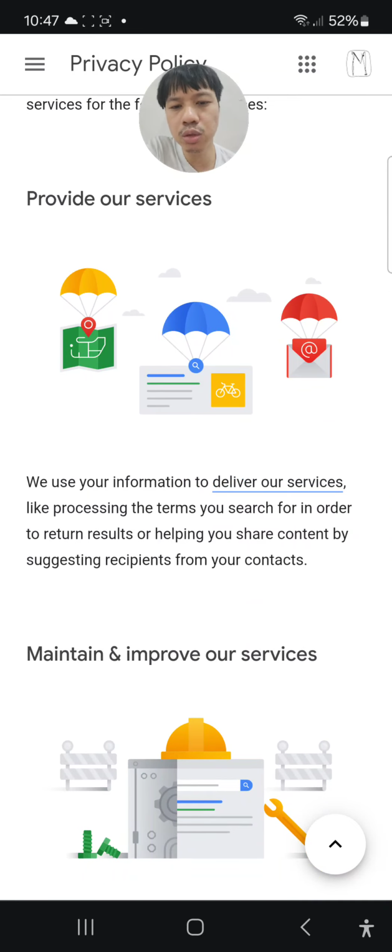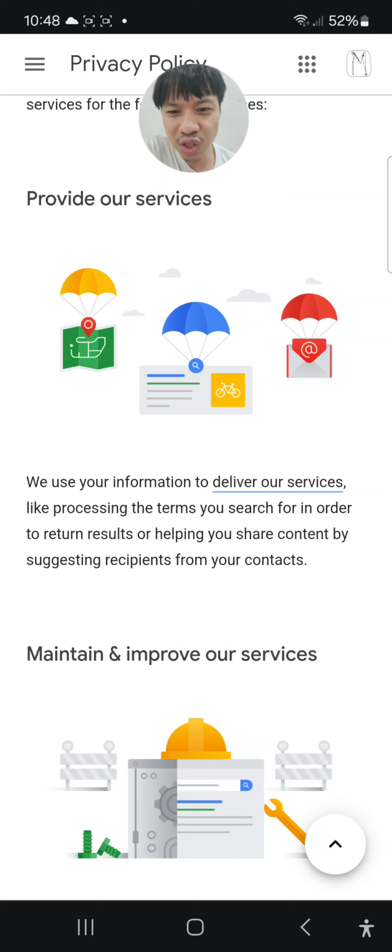We use your information to deliver our services, like processing the terms you search for in order to return results, or helping you share content by suggesting recipients from your contacts.